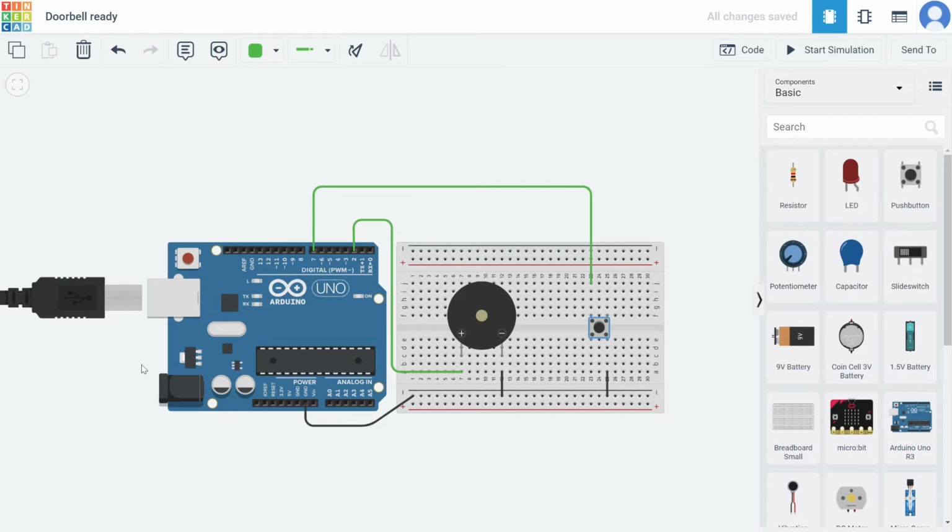Welcome! In this project we are going to use the Arduino board and C++ programming to create a doorbell. I will show you an example here. So if I start the simulation and I click on the button,